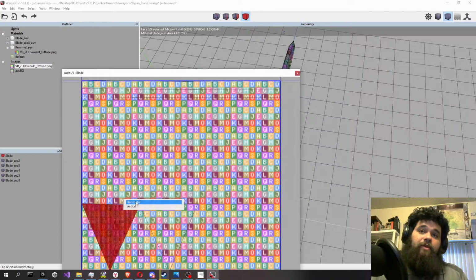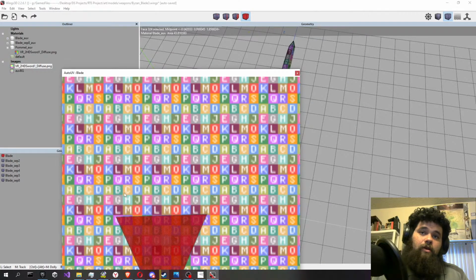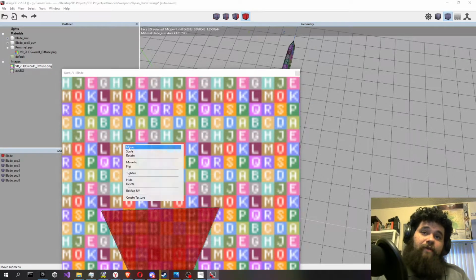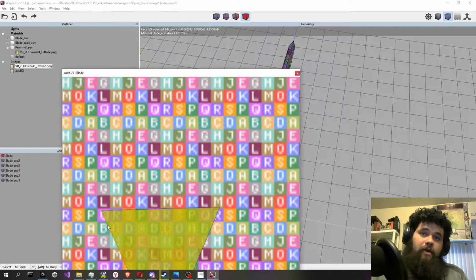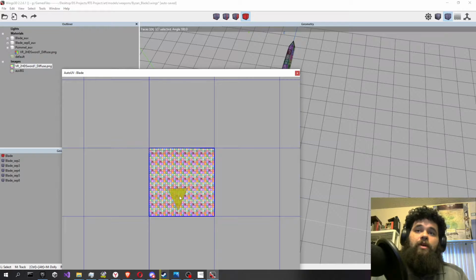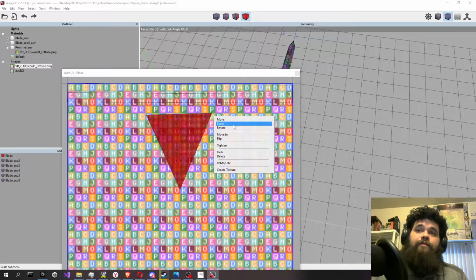So I'm going to hit flip horizontally, and then you're going to make it match the other until they're basically perfect, if possible. But warning, you will not get everything perfect, but you can try, as I always try to when doing these things. Boom. Right, and we're going to move that up, scale it down,